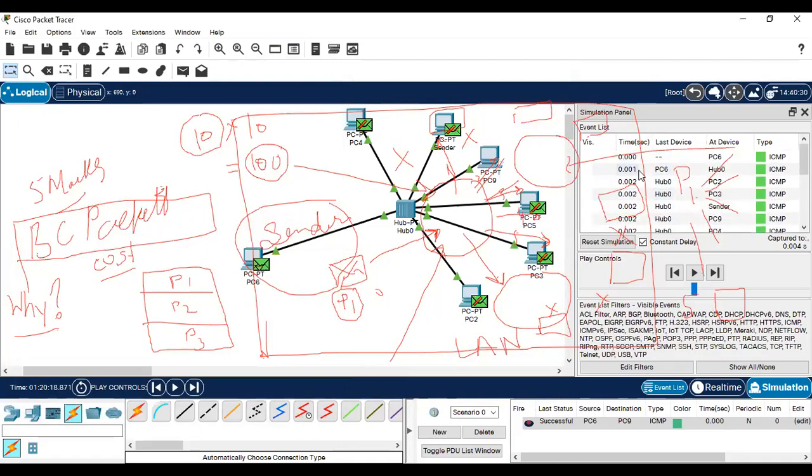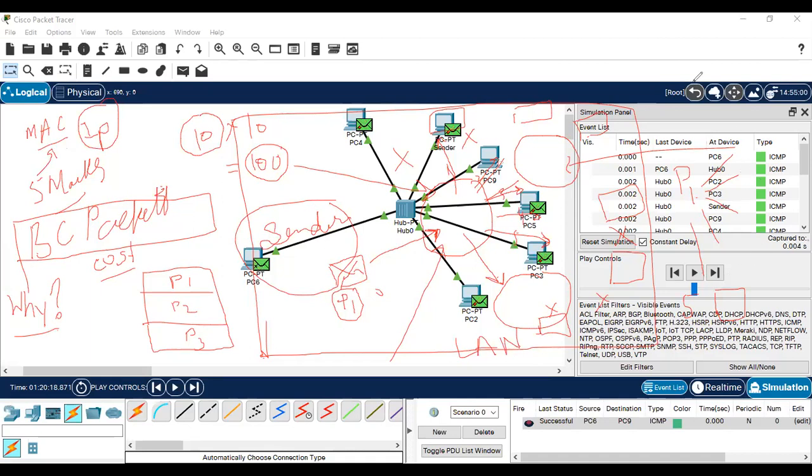Basically it works in the physical layer and data link layer, so the first two layers are dedicated to the hub, because the hub deals with your MAC address. Please remember this question, this is very important. It deals with your MAC address. It does not deal with IP address. Hub does not know about IP address. It only knows about the MAC address.